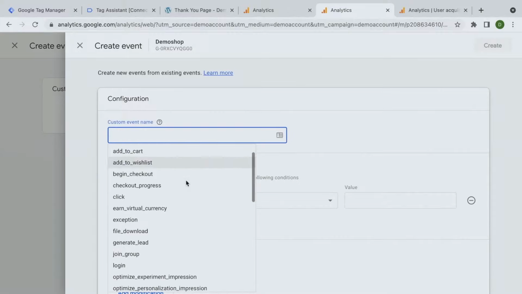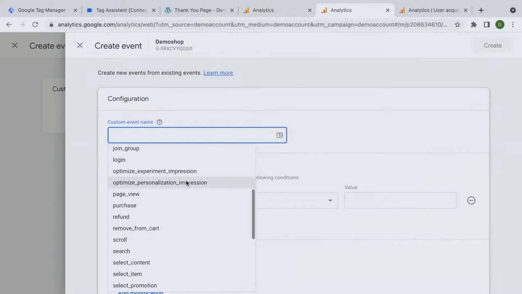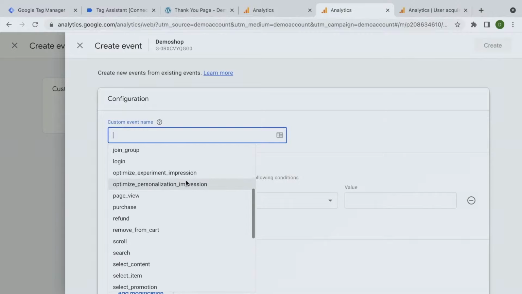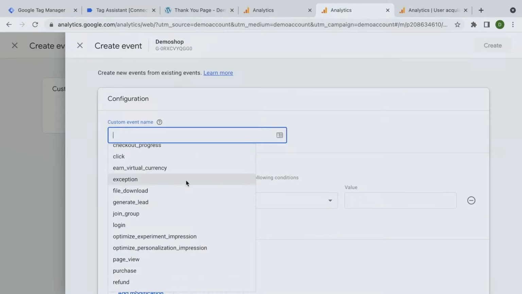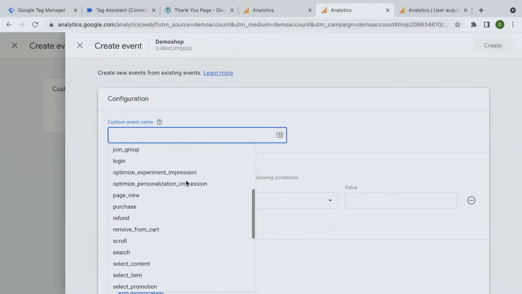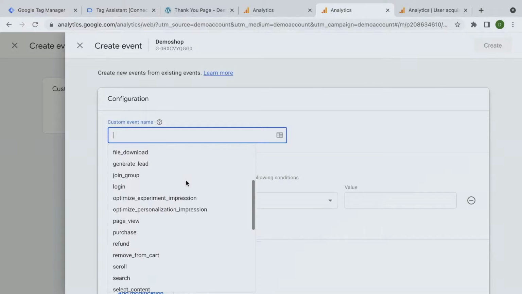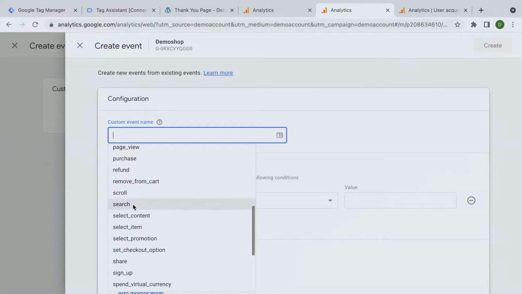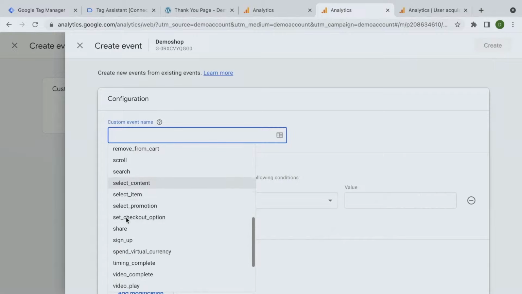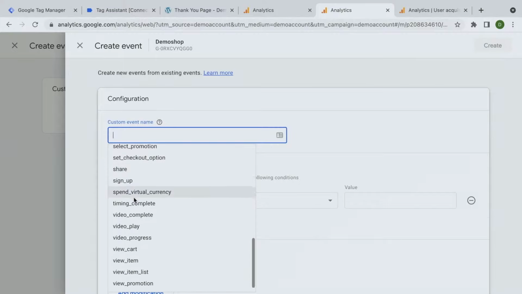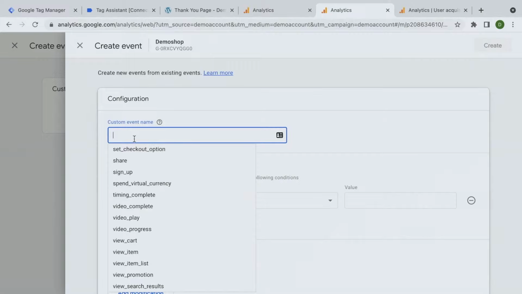Now there are many different standard events already that you can choose from if something fits. For example, a lead event we could use, although there is no standard event for lead. Well, then let's go with something that we make up. I would adhere to the convention here of keeping everything in small letters and then putting in an underscore to mark them. So for example, we could have here our contact